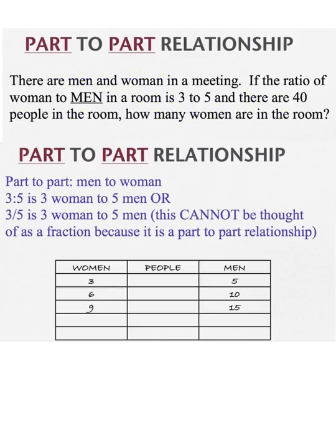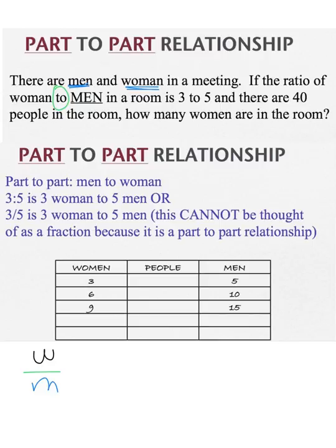Now, this is a part-to-part relationship. There are men and women in a meeting, one part and the other part. If the ratio of women to men in the room is 3 to 5, and there are 40 people in the room, how many women are in the room? So looking at your chart, 2 is the key. So you have women, 2